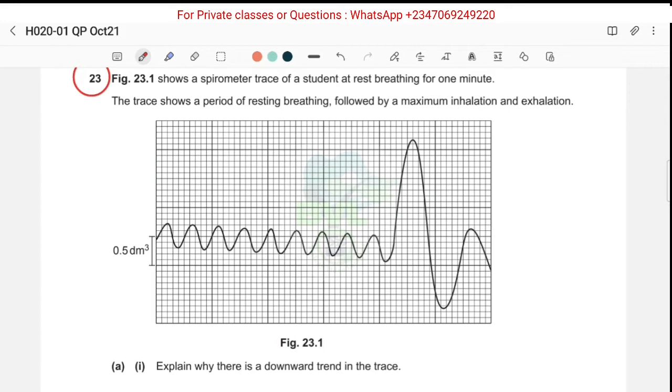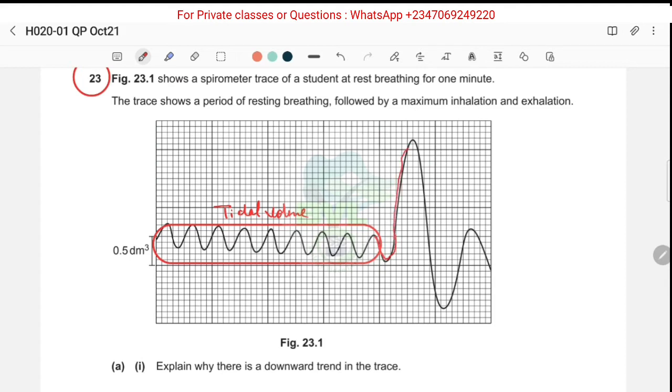Number one is all this breathing, inhaling, exhaling, which is called tidal volume. Tidal volume is the normal rate of breathing. So all of this is tidal volume. Then when the tidal volume ends here, the person decides to breathe in forcefully,